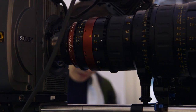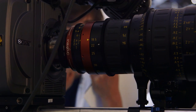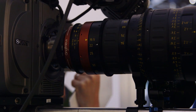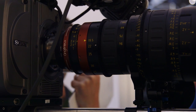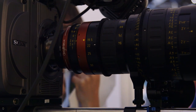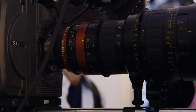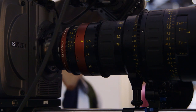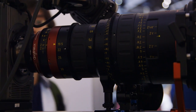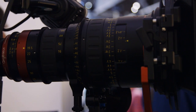The second lens we have designed with 5K in mind is this 19.5 to 94. So basically it's an adaptation of the 17-80 with a 1.16 time adapter in the back. So the aperture becomes T2.6, focal length 19.5 to 94, and the close focus is at 2 feet and half inch. So this is also a lens that covers the 5K format on the Red Epic,